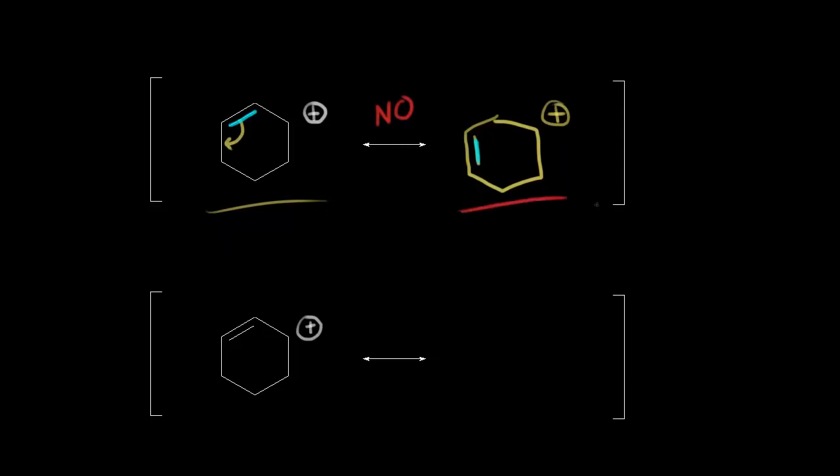Why is this resonance structure not possible? Well, let's draw in the hydrogens on the carbons, and it'll be much more obvious. So this carbon right here has one hydrogen on it, same with this carbon. And this carbon right here has two hydrogens on it. And the carbon with a +1 formal charge must have one hydrogen. So let's put in those hydrogens for the resonance structure on the right,